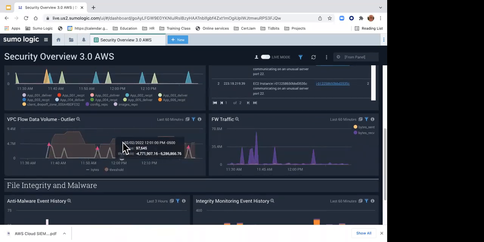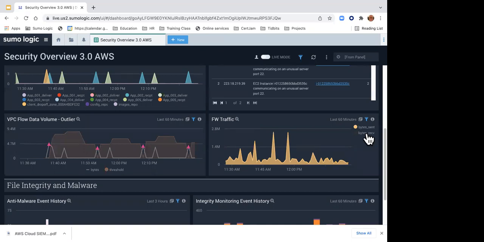This is an example of our outlier diagram. So what I have is a line that represents my data, and then the cloud around it shows me how many standard deviations above or below what's effectively in range. And then if I have a value that's outside of my known range, that generates one of these triangles, which indicates that I have an outlier issue. And so again, I can look into, investigate, and see what's happening there. Again, I can see my firewall traffic, my bytes received. As you can see, my bytes received is much greater than my bytes sent, but I can then turn this on or turn this off to see what's happening.